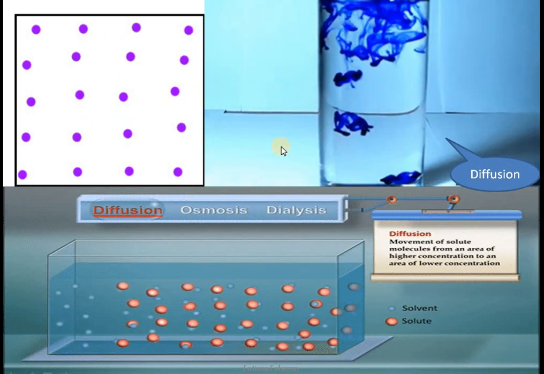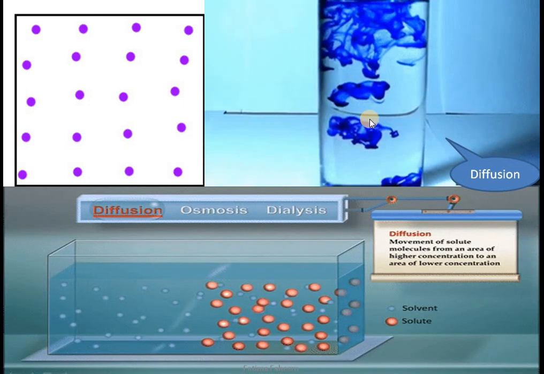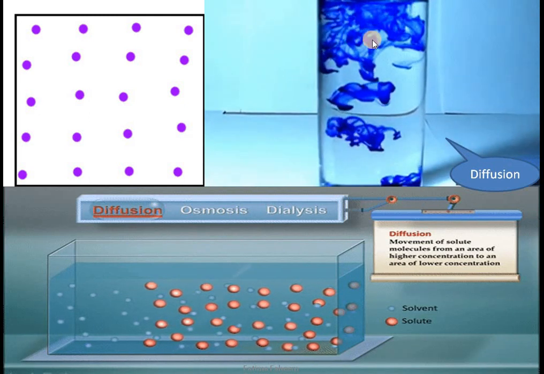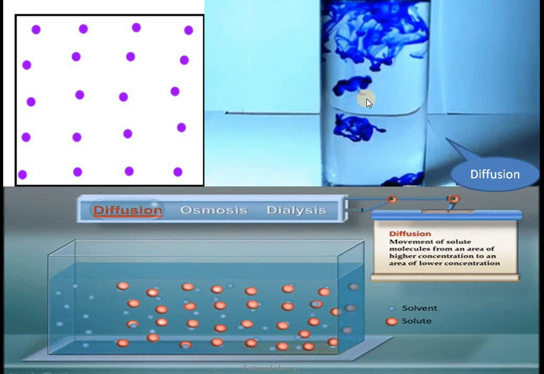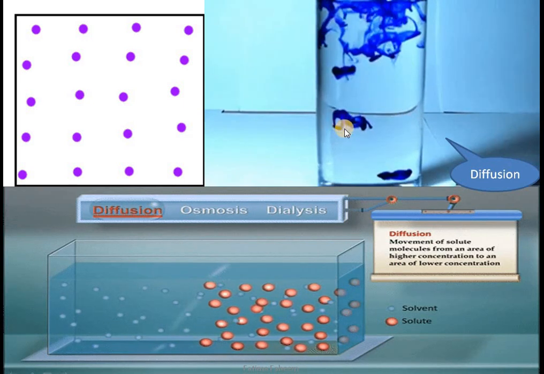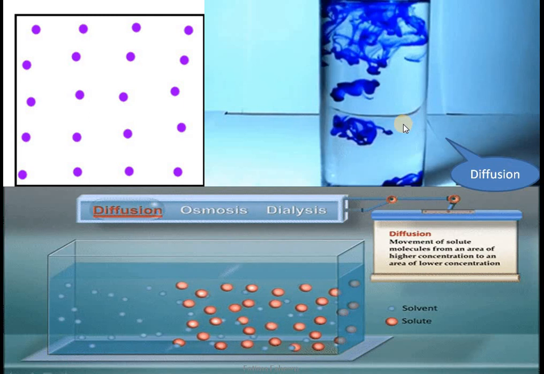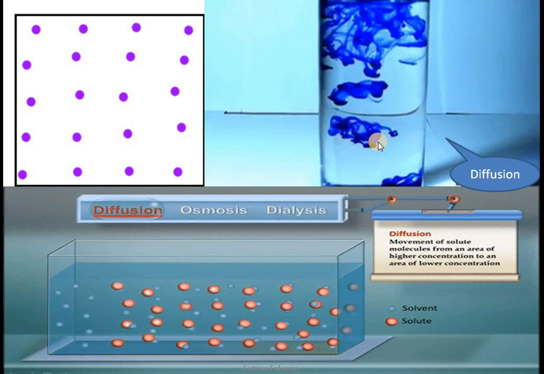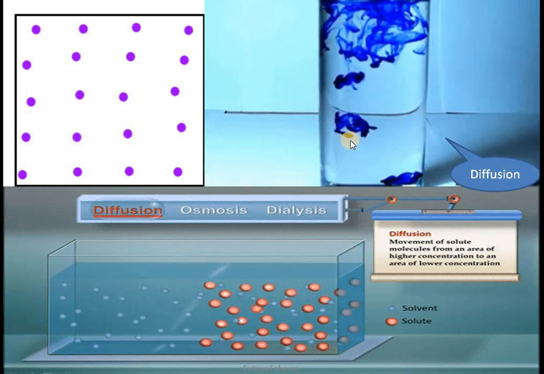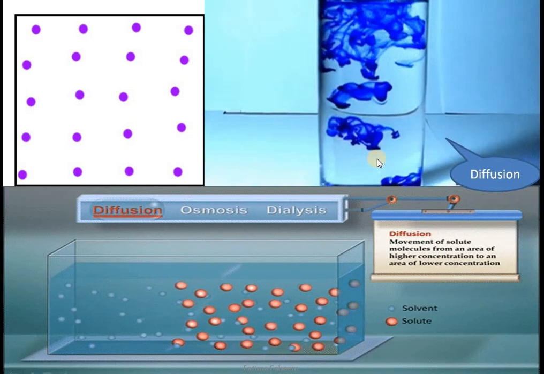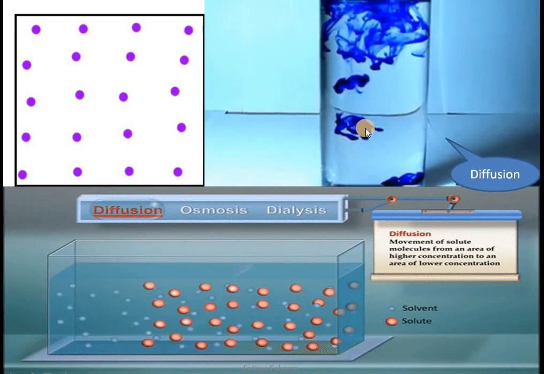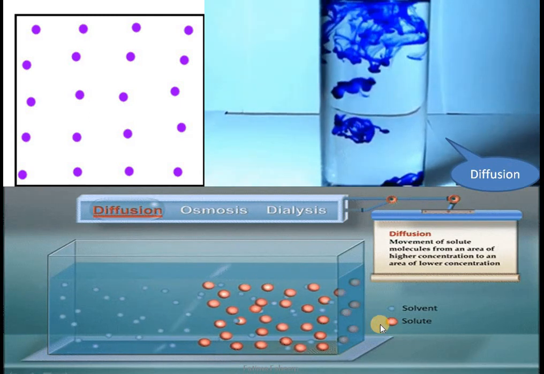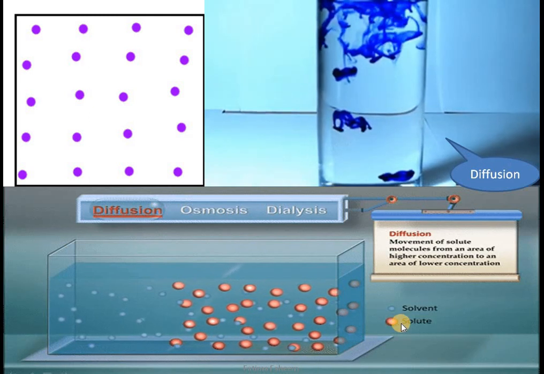Here in this diagram, you see that we took a glass of water. In it we poured some ink drops. The blue ink molecules would distribute themselves equally in the glass of water, and when they have equally distributed themselves in the water, we will say that we have achieved dynamic equilibrium, that the molecules have distributed themselves equally. The net movement of molecules of ink is zero.